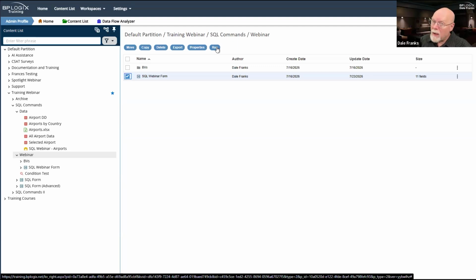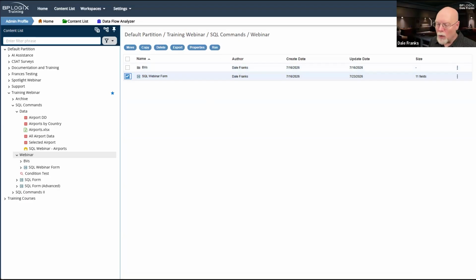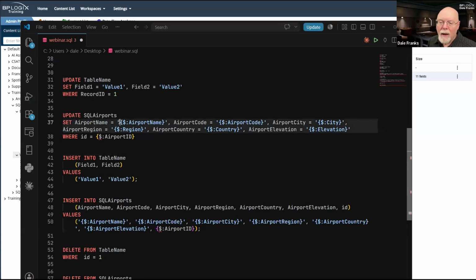But we don't do that for end users, because if I pass them the full SQL statement, if I know anything about databases, then that SQL statement tells me a lot about the construction of your table inside the database. Tells me the table names, tells me the field names. When I look at the SQL itself, the fact that this is enclosed in single quotes tells me this is some sort of text field.